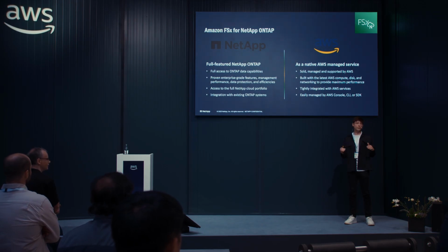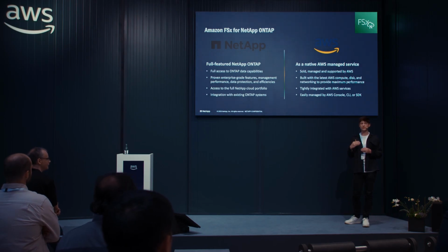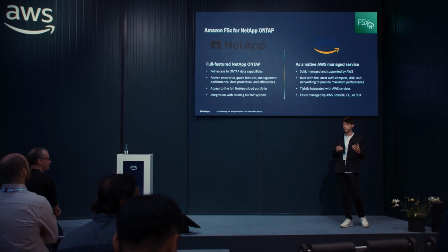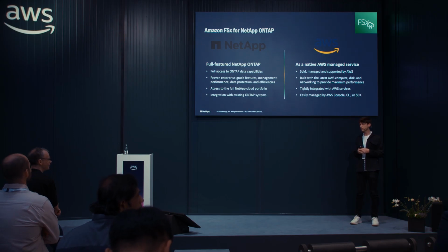We are natively embedded into the AWS console. So we are co-developing with AWS when it comes to the file storage and data management layer that can be hybrid in nature, so expanding the on-prem legacy onto the cloud. And what we offer there, as said, is a very high-performance file system that can be directly provisioned via